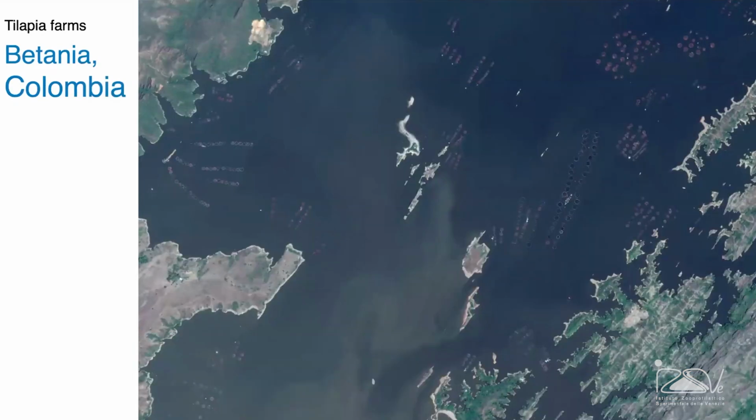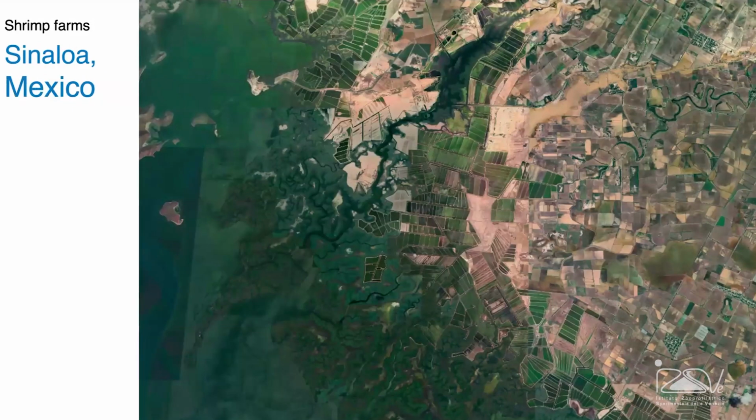In Betania, Colombia, where I just recently visited, this is a dam that is now used for tilapia farming and is an important hub for production in Colombia. But again and again, you will see these highly dense and hyper-connected farms between one another. And even in Sinaloa, Mexico, where I also had the opportunity to work with shrimp farms, you again see this,